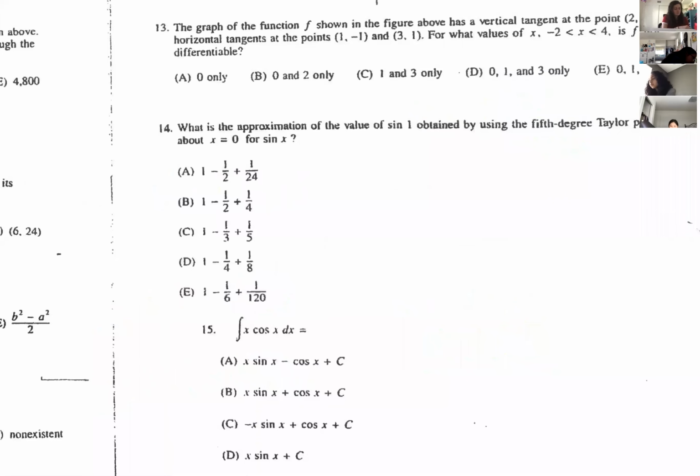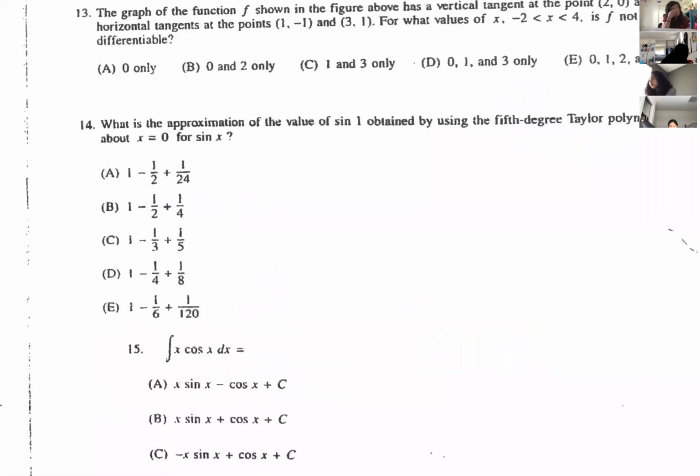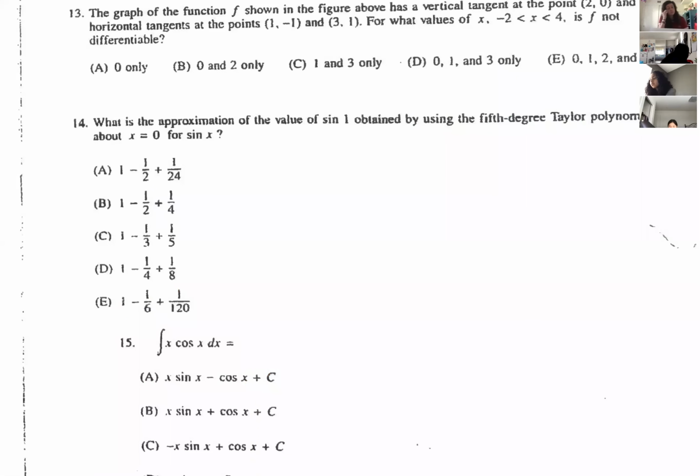Okay, so again, this is one I'm expecting you to see on the test because they eliminated probably a little more than half, I would say most, of series. But one of the things they kept is Taylor polynomials. So I would definitely be prepared to see something that has to do with a Taylor polynomial on your AP test. So 14, if I want to find the value of sine of 1,